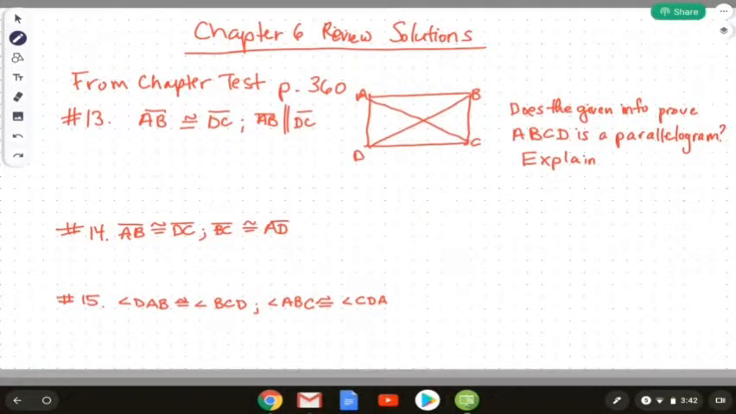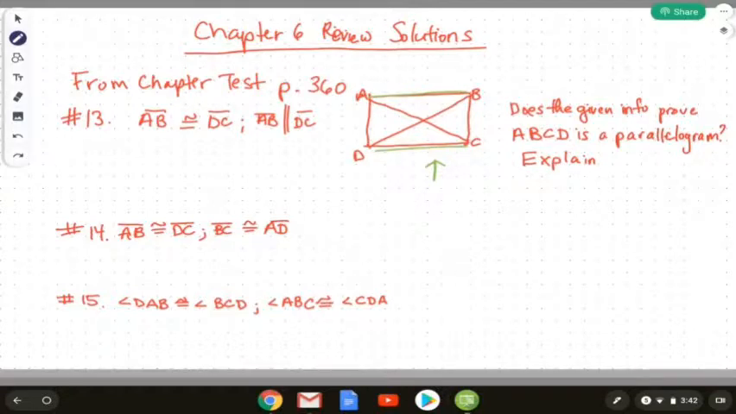Okay, so I'm recording today the solutions to the extra review problems that I assigned last Thursday. We're going to start with the ones that came from the chapter test on page 360. All three of these, 13, 14, and 15, are referring to the diagram I have drawn here. The question was asking, does the given information prove that the quadrilateral ABCD is a parallelogram, and then to explain why. So number 13, we're given that AB is congruent to DC,